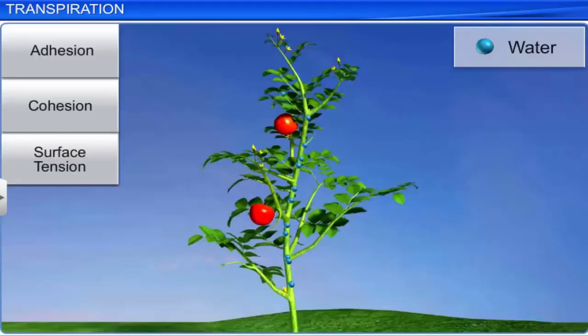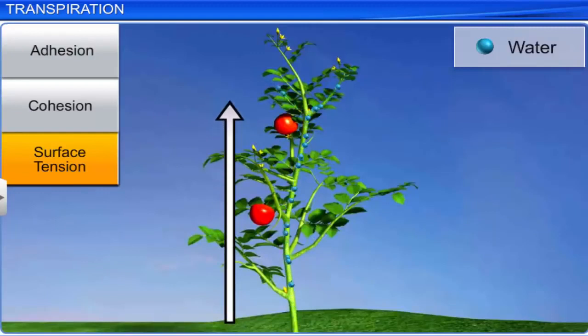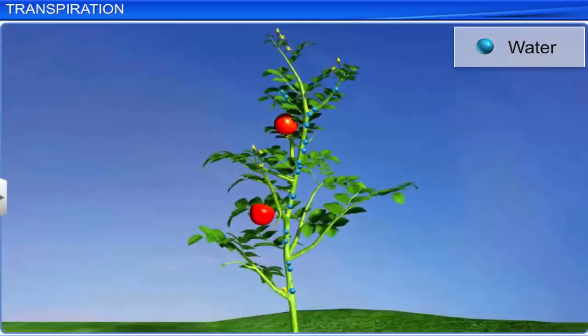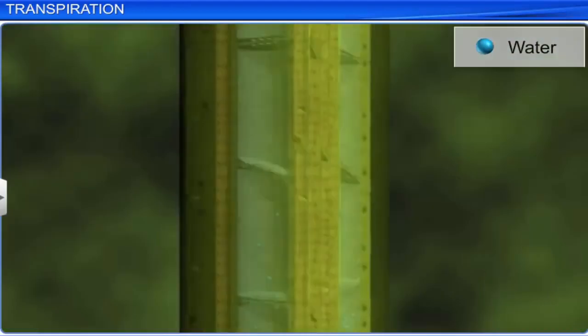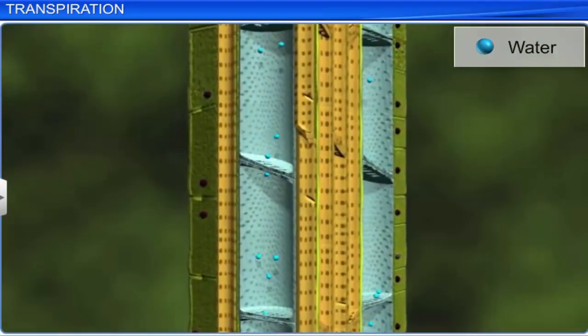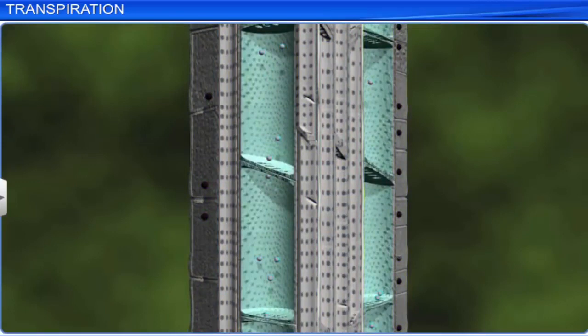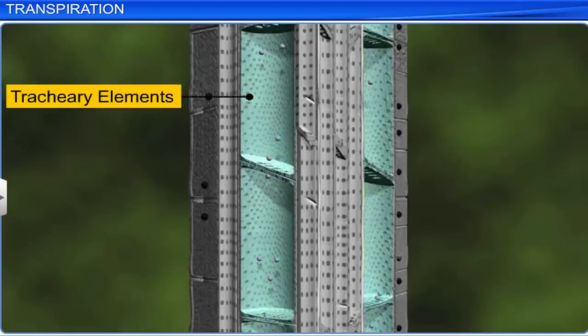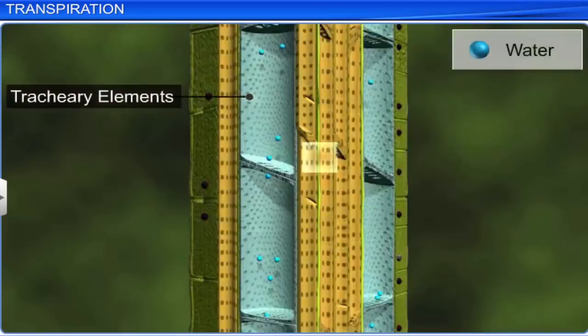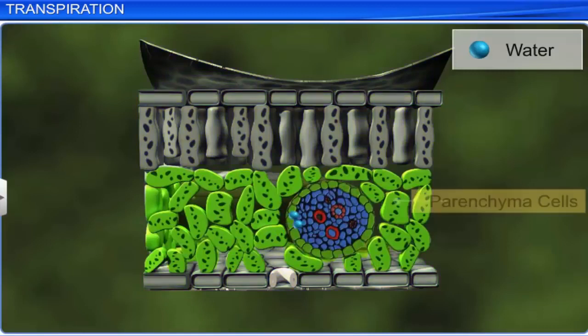Together, the properties of adhesion, cohesion, and surface tension render water with a high tensile strength. This means that water becomes capable of resisting a pulling force. Also, it gains high capillarity. Capillarity is the ability of water to rise in thin tubes, which is helped by the small diameter of the tracheary elements. This water transported by xylem vessels needs to be moved into the parenchyma cells of leaves, where it